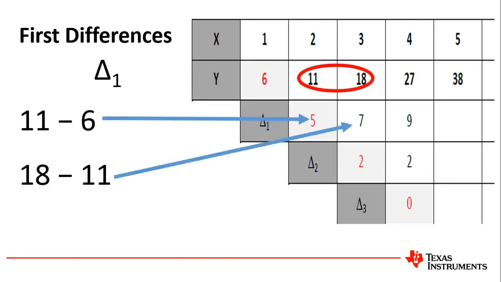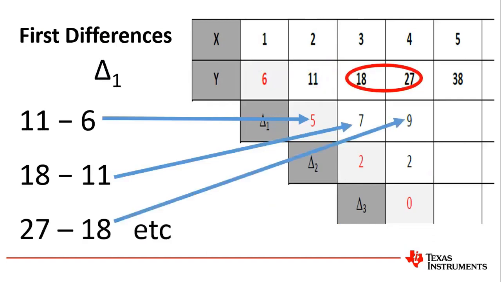18 minus 11 is 7. 27 minus 18 is 9. So clearly, while the x coordinates are going up by 1, a constant change, the y coordinate differences seem to be growing apart. First 5, then 7, then 9. And when this kind of thing happens, we know straight away that those points do not lie on the same